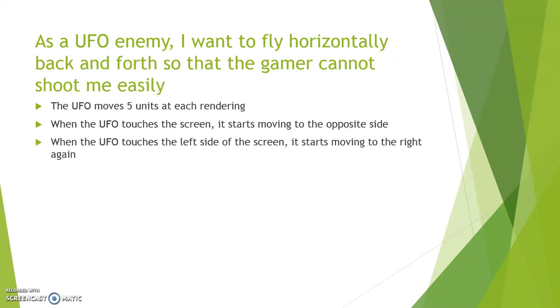and the UFO appears at random locations when it respawns. As a UFO enemy, I want to fly horizontally back and forth so that the gamer cannot shoot me easily. The UFO moves 5 units at each rendering. When the UFO touches the edge of the screen, it starts moving to the opposite side. And when the UFO touches the left side of the screen, it starts moving to the right again,